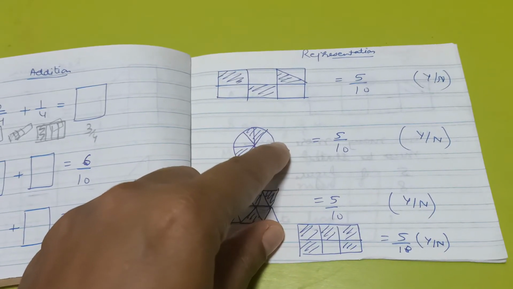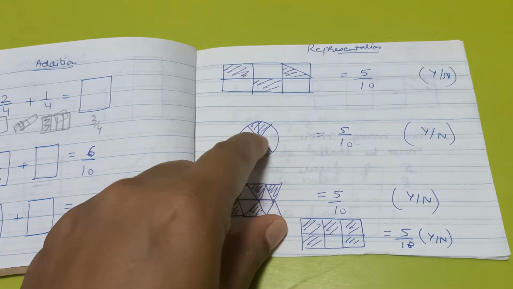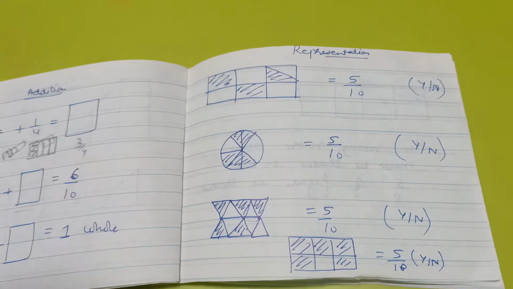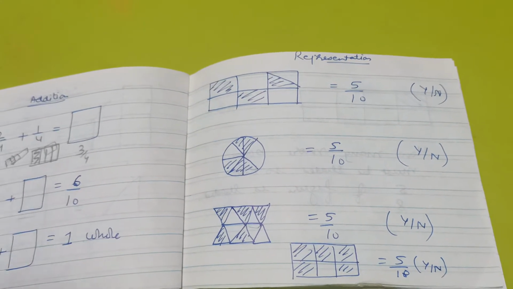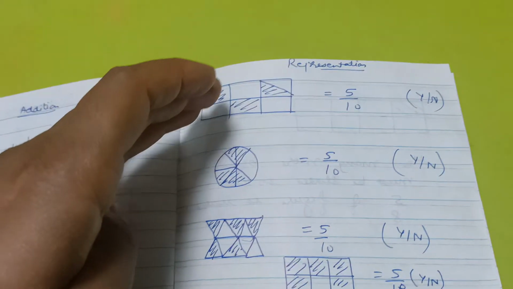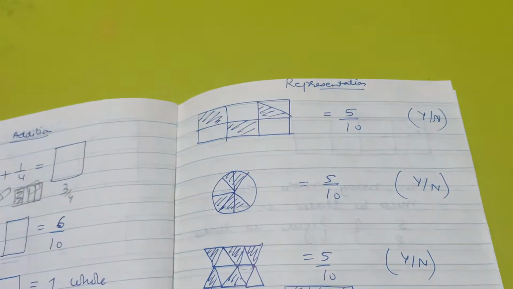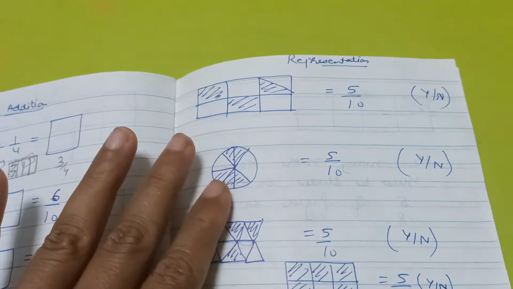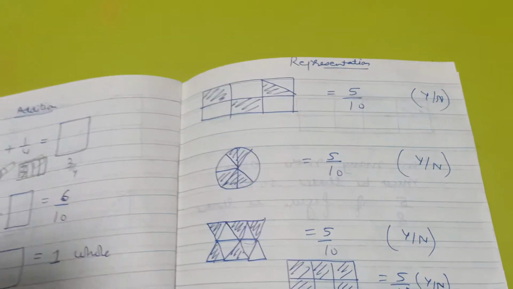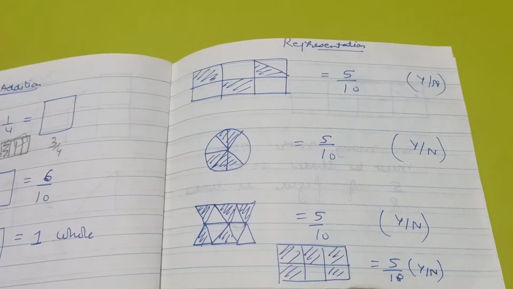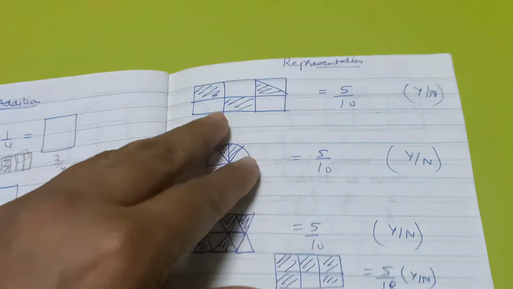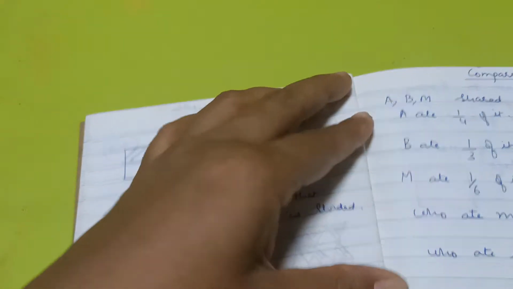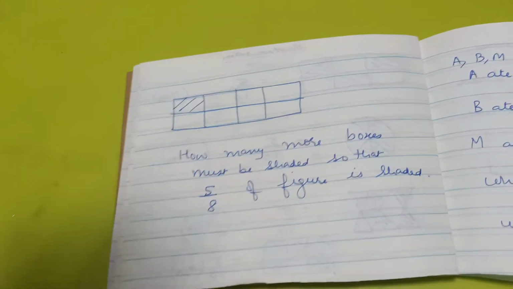She has to visually think that it means you have to equally divide if I am talking about fractions. Again, going back to the basics of fractions, that all the parts should be of same size. So if it is not shown in the same size, then you have to imagine, you have to virtually divide it. Again, this is a very advanced level of presentation. I'm not expecting my newly student of fraction to do it, but it's just introducing a concept that fractions are more advanced than what you think of simple fractions, or just 2 by 3.